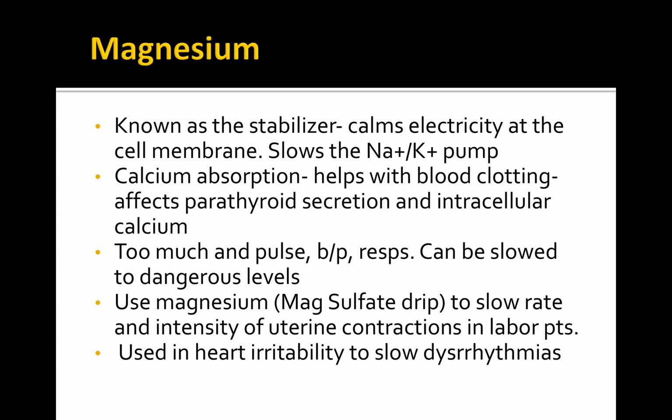And again, it's used in heart irritability to slow dysrhythmias. A little is good, a lot is not. Oh, that's what I was going to say. In OB, they're one-to-ones because when we give it through the IV, we can wipe out their respiratory tract. Again, with too much, pulse, blood pressure, and respirations can be slowed, or we can send them into a respiratory arrest. So, a very, very, very important